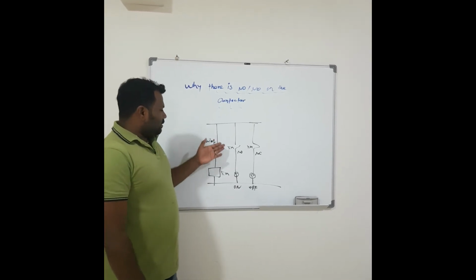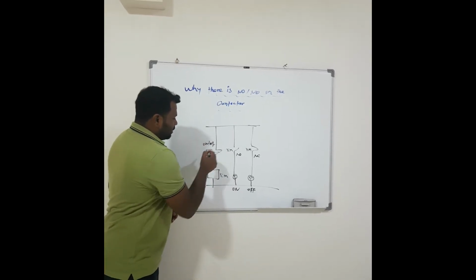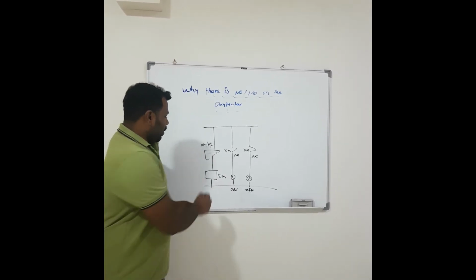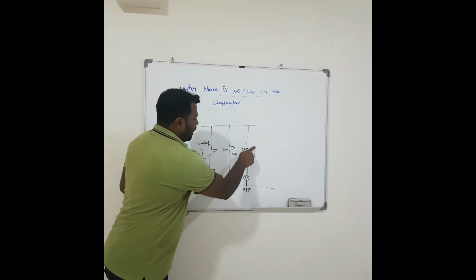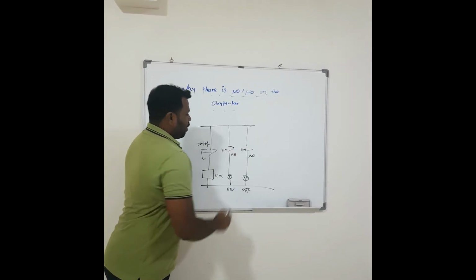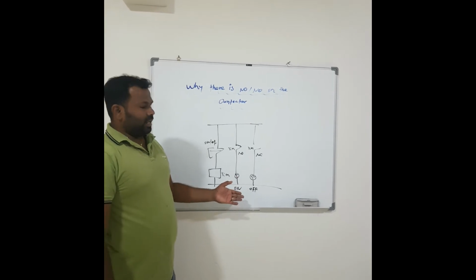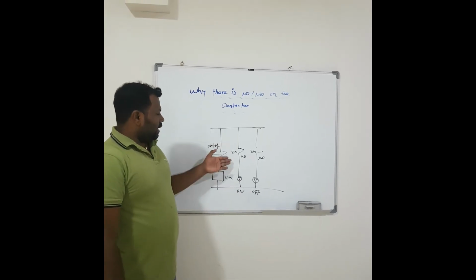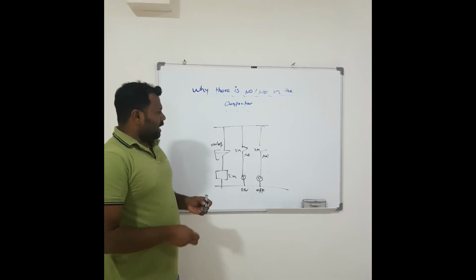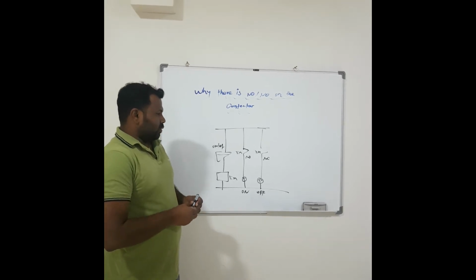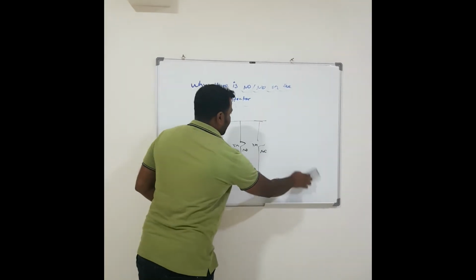That means the equipment is in off condition. Once you switch on this on-off push button, the contactor will energize. So the NO will close and the NC will open. That means the off indication will go off and the on indication will come up. So this is the basic use of these NO and NC contacts. We will see another use.